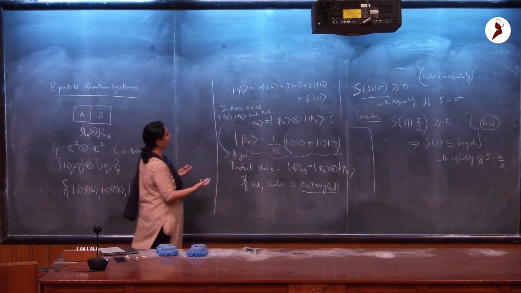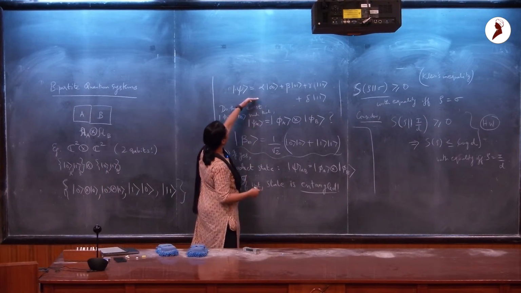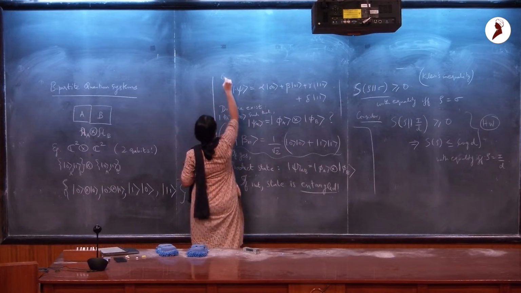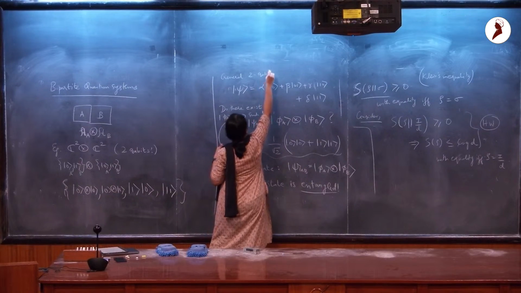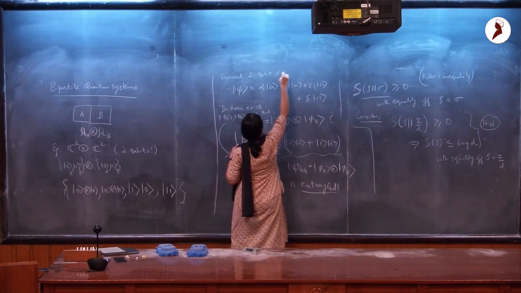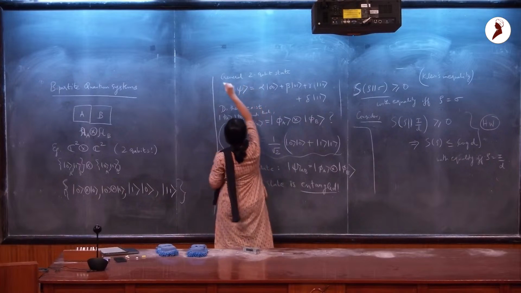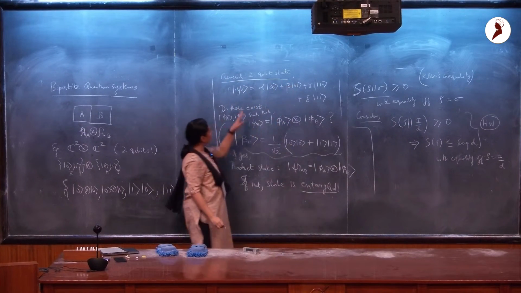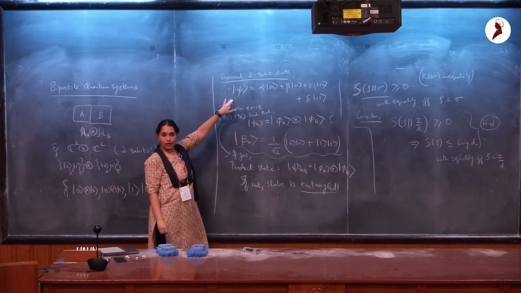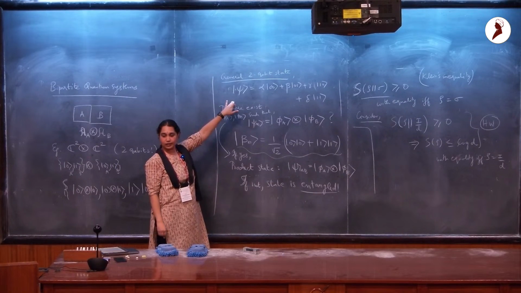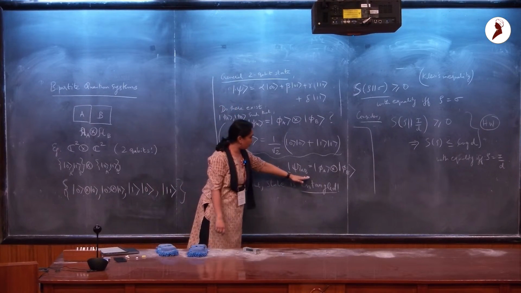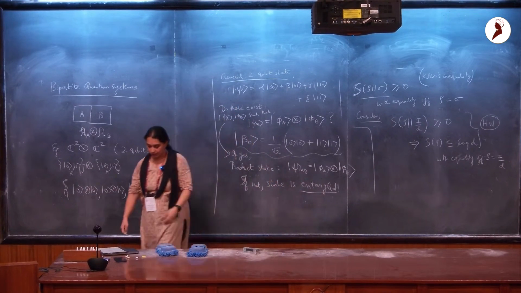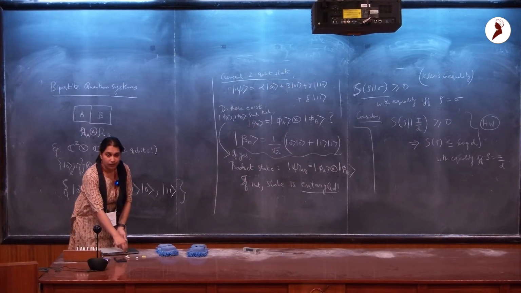whether, so remember we said an arbitrary state can be written like this, right? A general, I'm going to now say 2-qubit state, I hope that's okay. In this case, it was just qubits. So a general state can be written like this. And given a state like that, how do I check or how do I identify whether the state belongs to this category or this category, right?